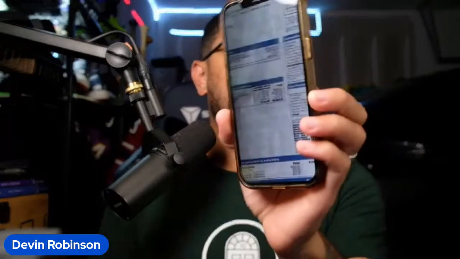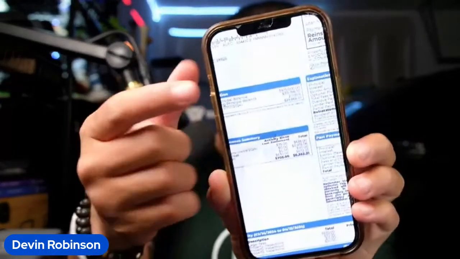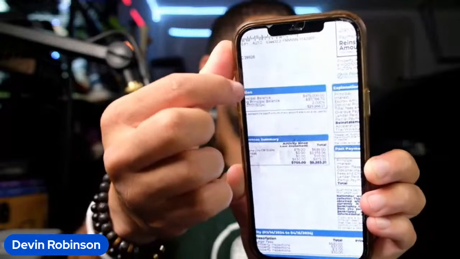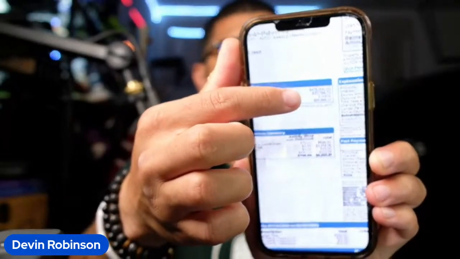So the principal balance is $475,000, right? And then they have a deferred balance. And I don't know if you can see this right here. Deferred balance of $311,000. So that means they worked on a loan modification with their bank, took what they owed, and because we have here non-interest bearing principal, they deferred it to the back end of the mortgage. So we thought that the principal balance was $475,000. Come to find out, the principal balance is actually